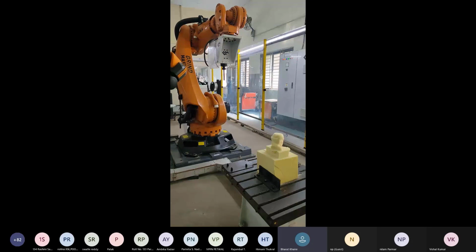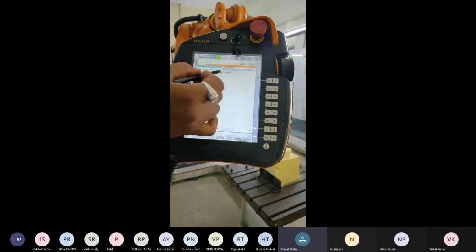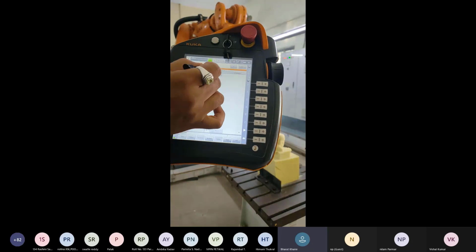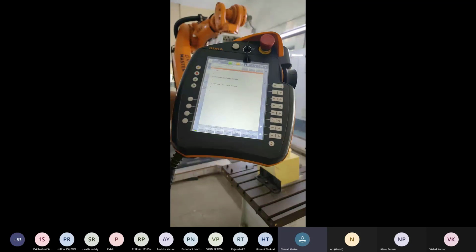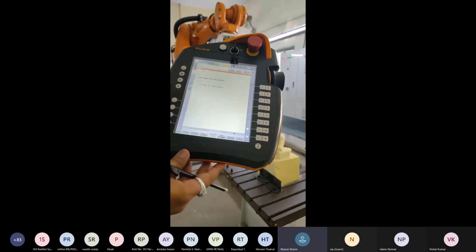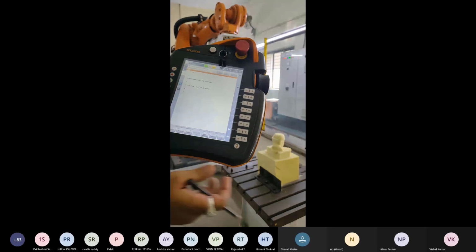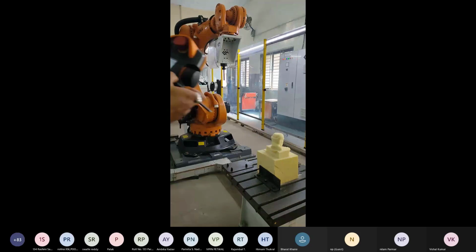We have already made one program named square 123. I am opening the program. Now select a block section and then jog the x-axis plus side.